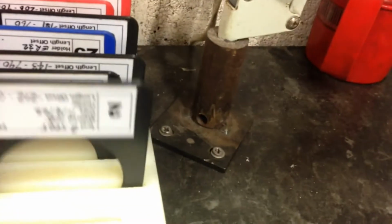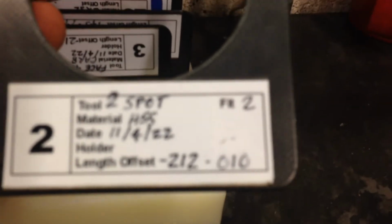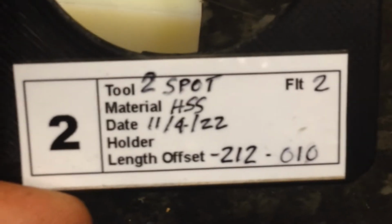So on here we have various bits of information. I'll get this thing to focus. So on these tool clips,